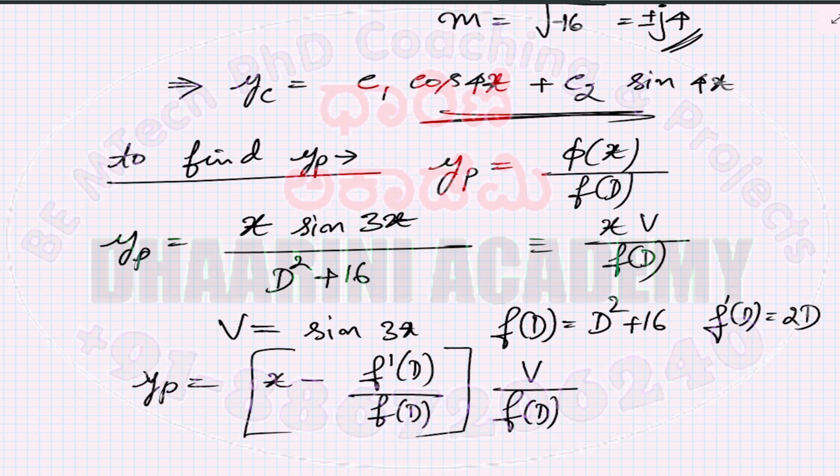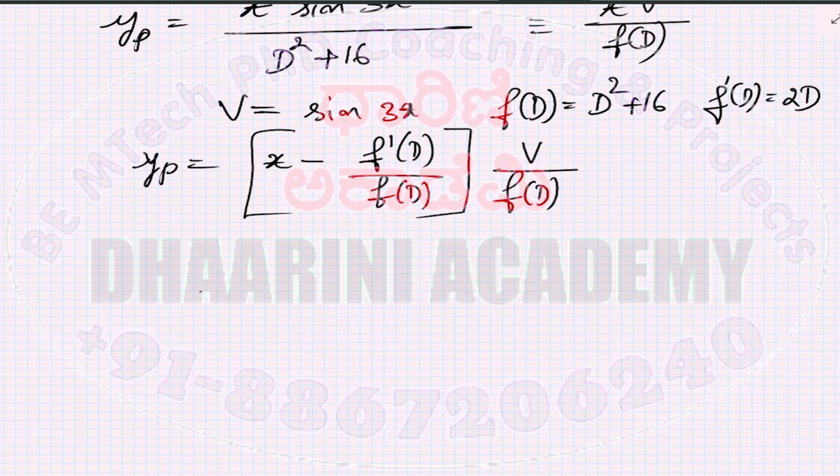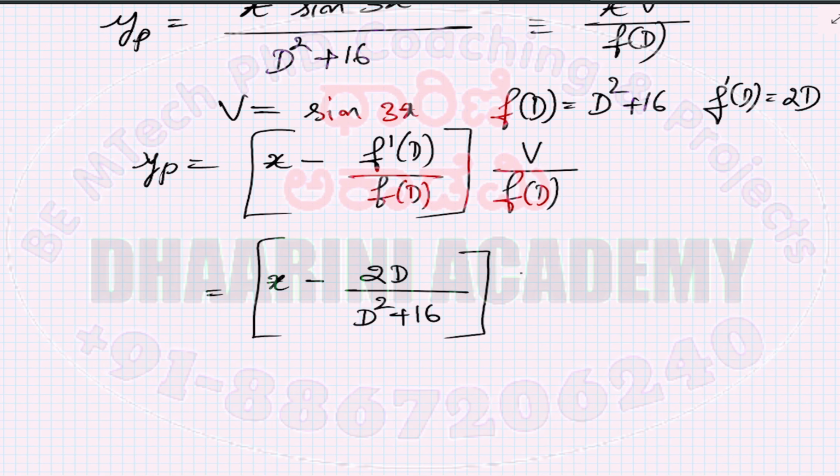So we know the values to be substituted. We'll simply substitute that. That is x minus 2d over f of d, which is d square plus 16, into, what is v? V is equal to sine 3x divided by